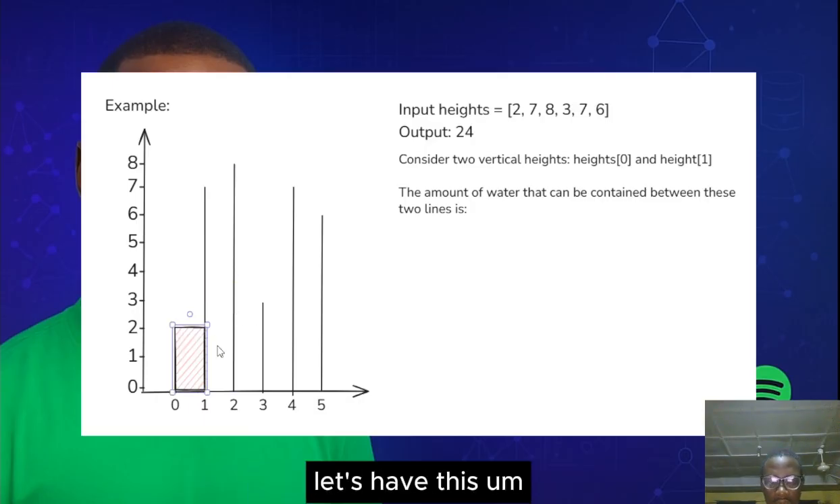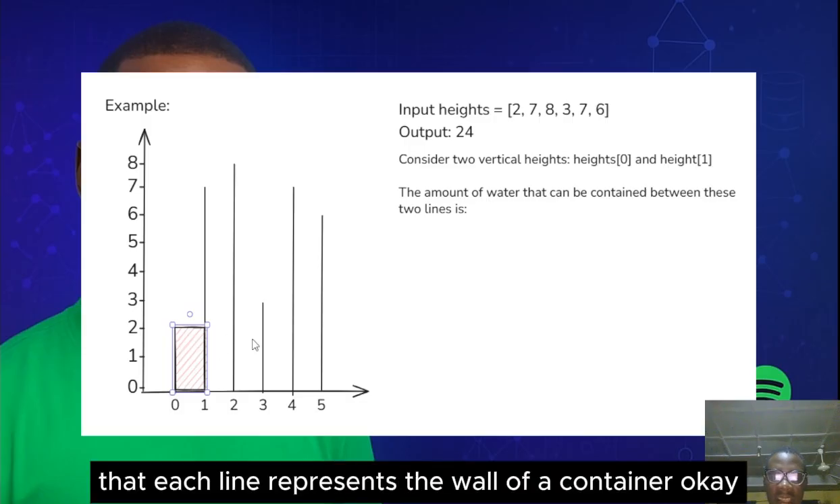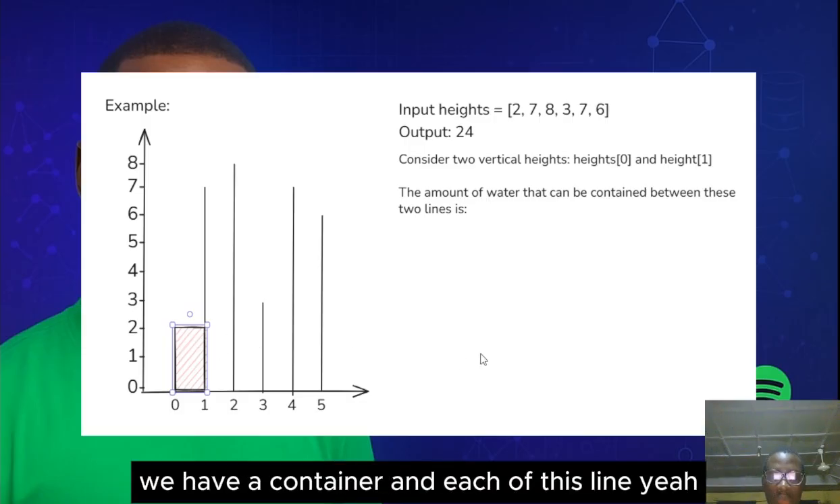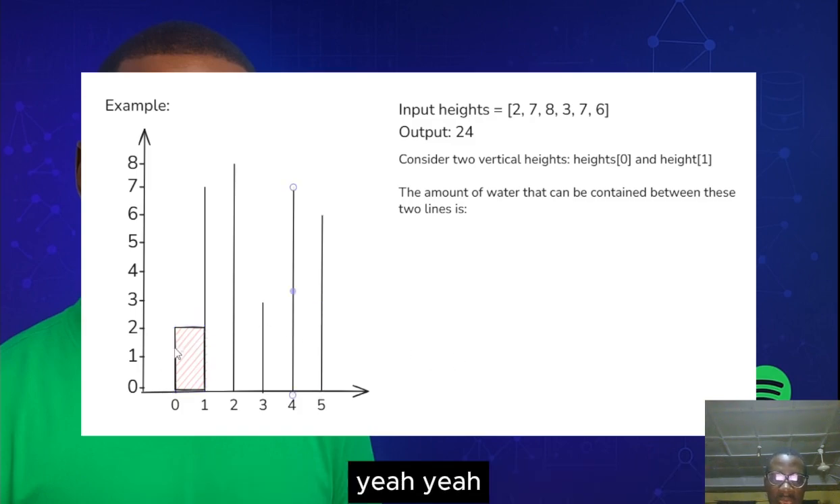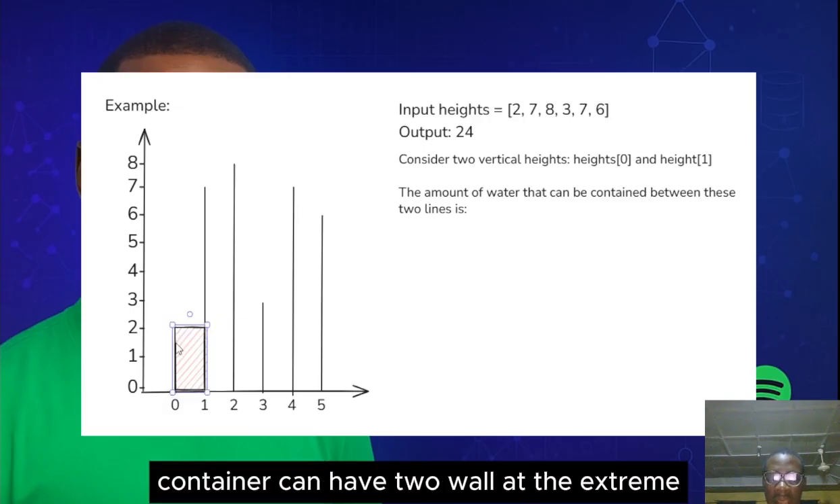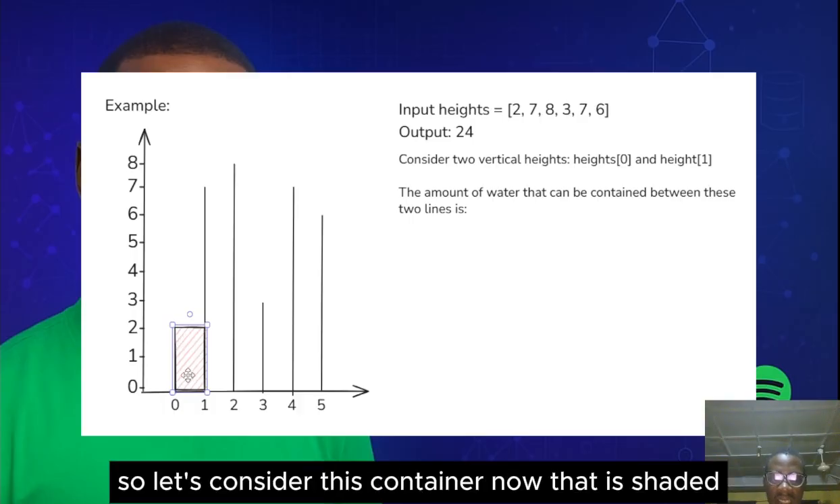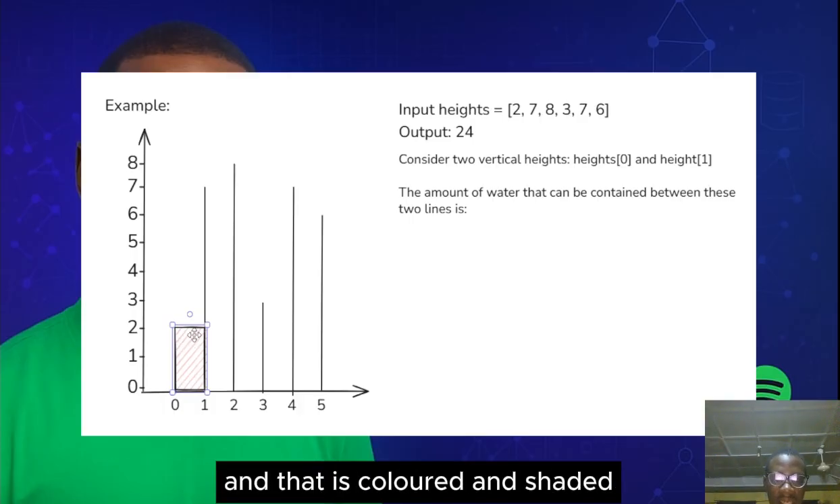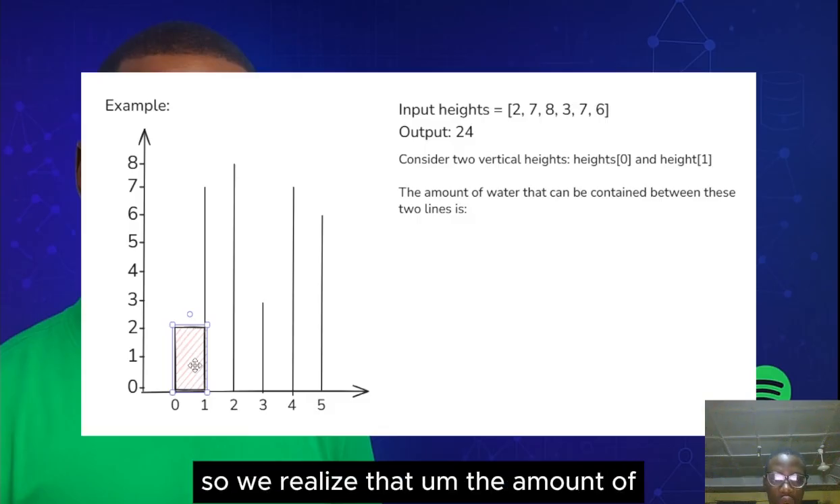But now let's have this illustration that each line represents the wall of a container. We have a container, and each of these lines here represents a wall of a container. So a container can have two walls at the extremes, left and right. Let's consider this container that is colored and shaded. So we realize that